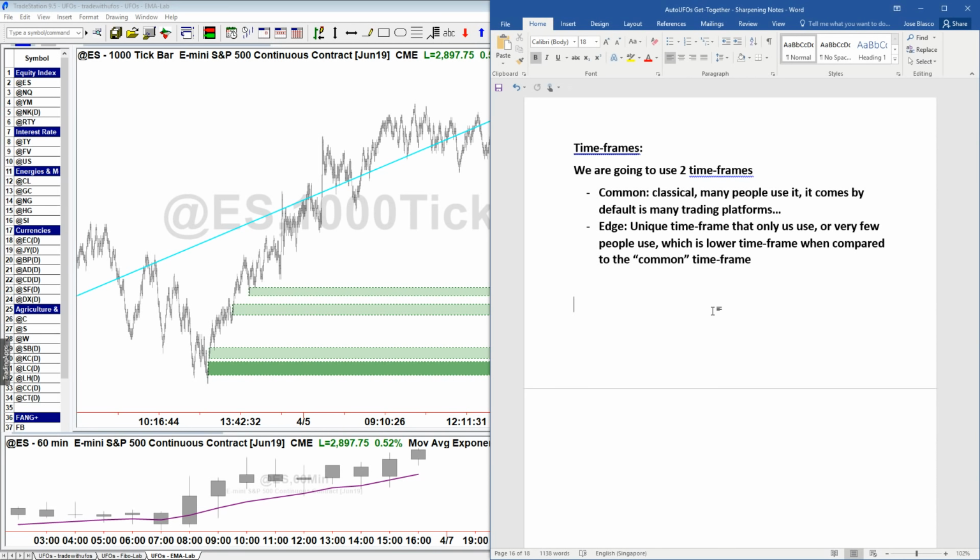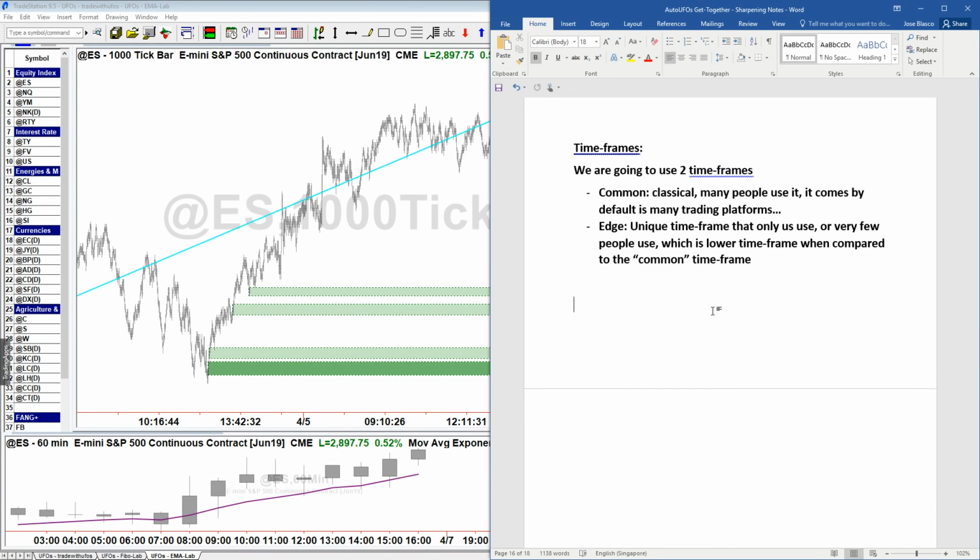Because most people don't think about time frames this way. Most people think about time frames like you're zooming in, like you're doing an X-ray. You've got the larger time frame, the smaller time frame. But I love what you said, Mario, a few messages ago, that then you get contradictory information. One time frame is up, the other is down. Some time frame tells you to buy, some tells you to sell.